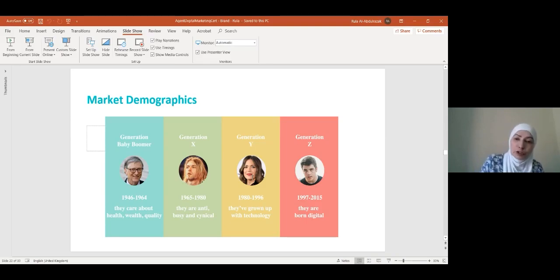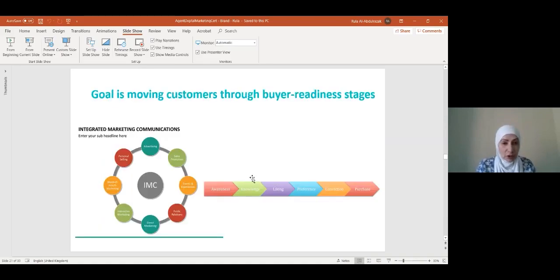So if you are from Generation Y and you're trying to attract Generation Z, then you really need to understand them. And maybe many of you are from Generation Z, so you can really appreciate your target market and connect with them. Create content that connects with them and communicate through the communication channels that they are aiming for. So how do I communicate my brand in an integrated way, looking at the different platforms?